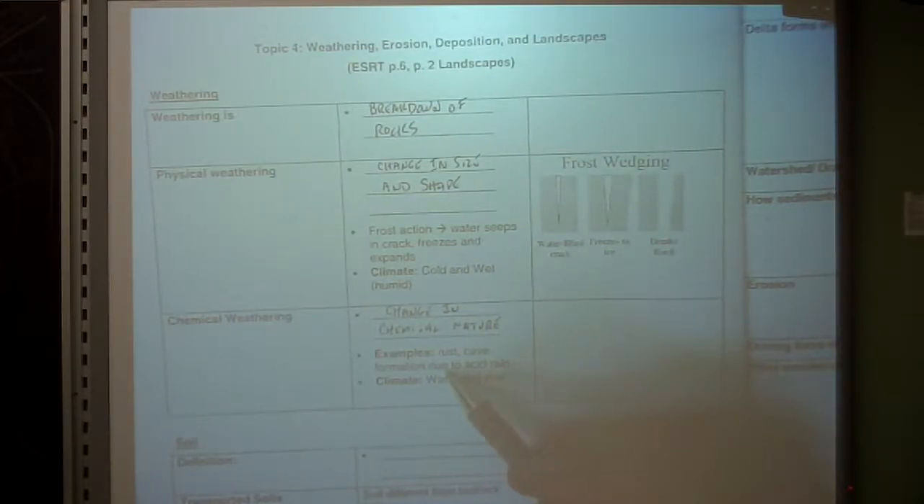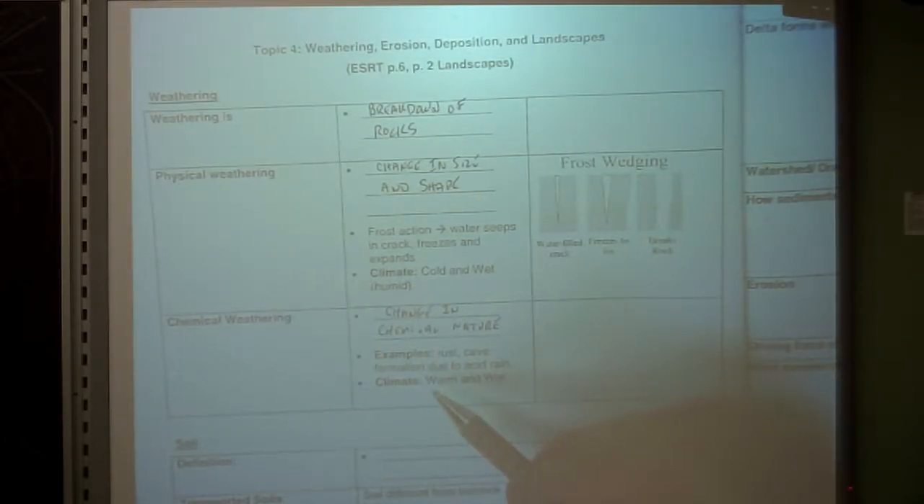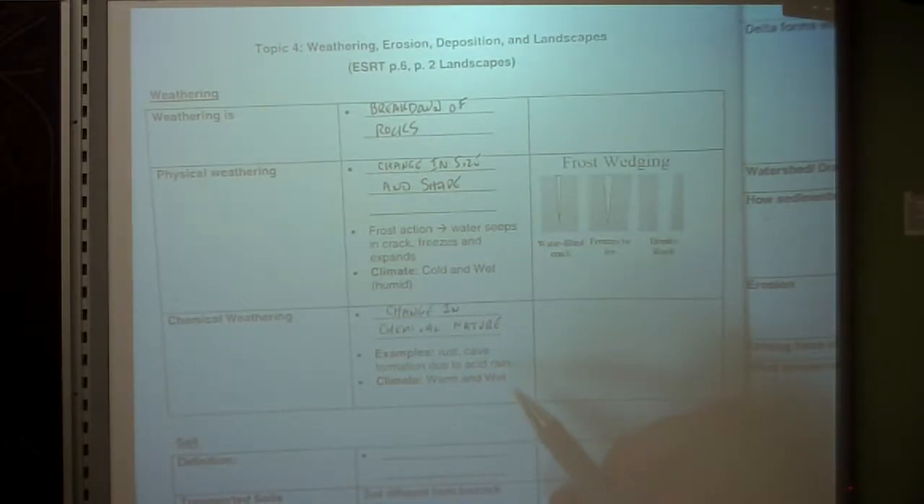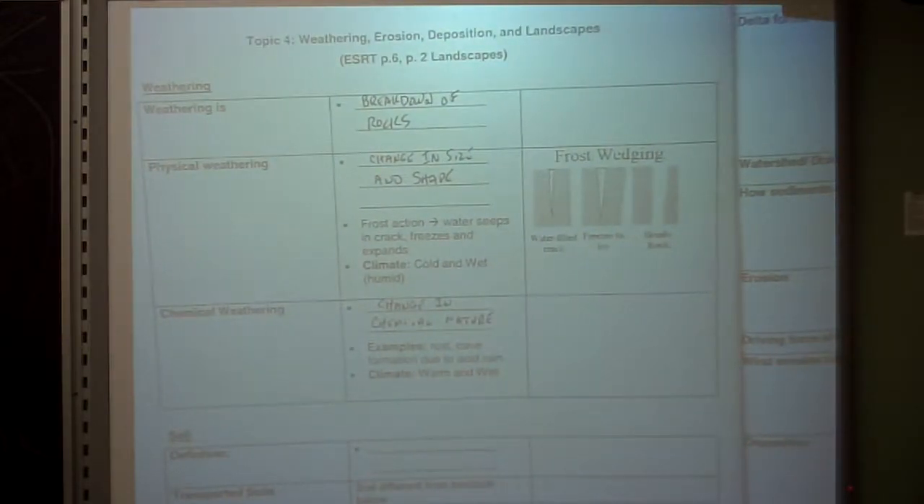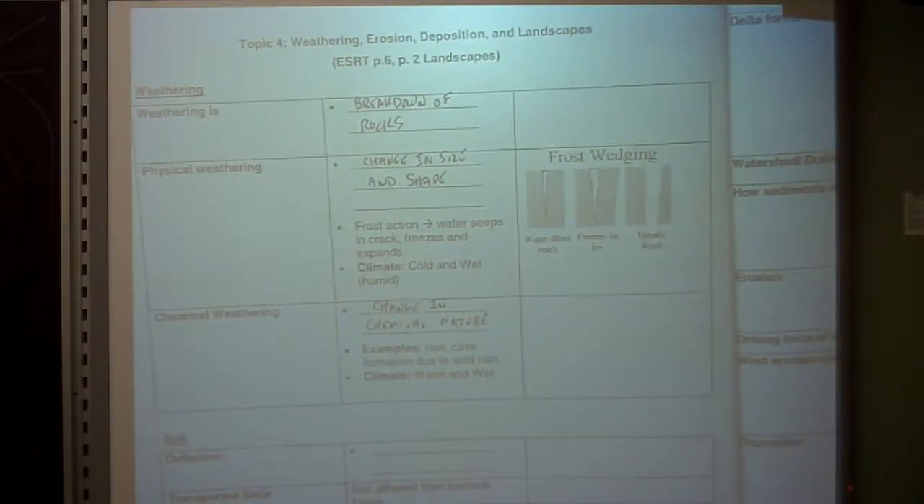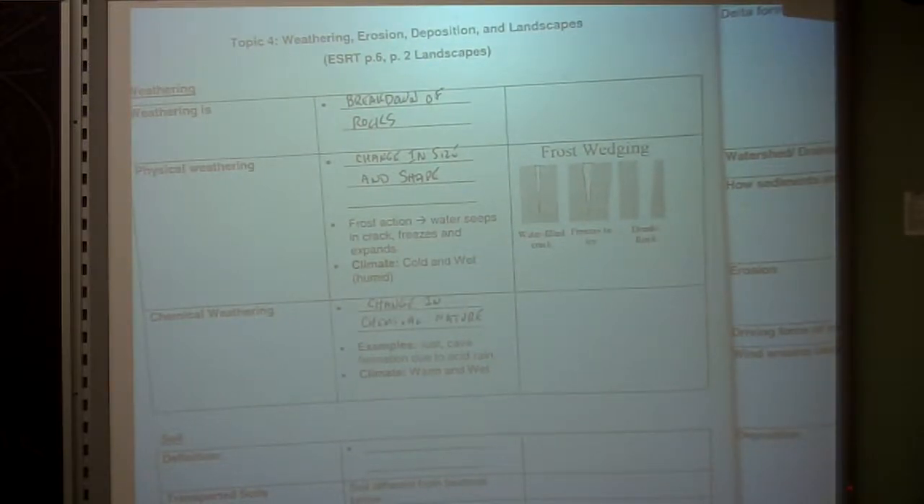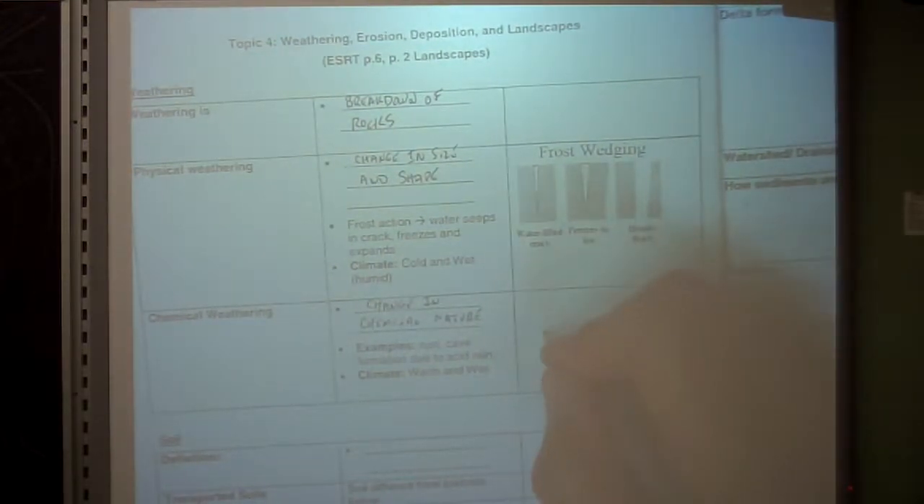All right, so why warm and wet? Well, if some of these things involve dissolving, and if I want to dissolve something like sugar, I put it in warm water. I've got to have water to dissolve it, so I want wetness for water. If I put it in warm water, it will dissolve faster. So some examples of chemical weathering you should know about would be the fact that we have calcite